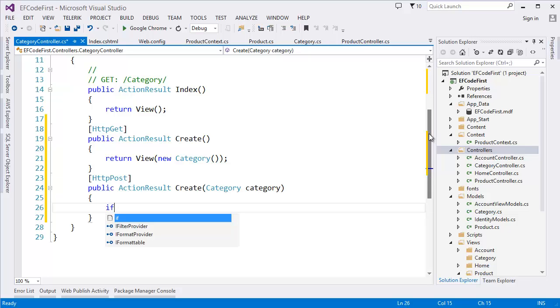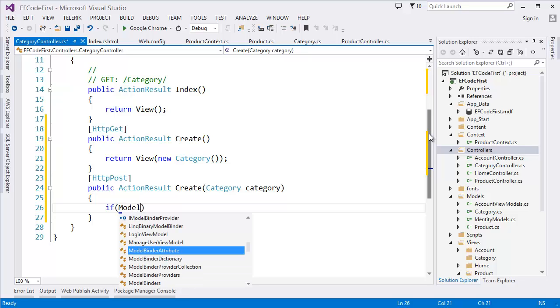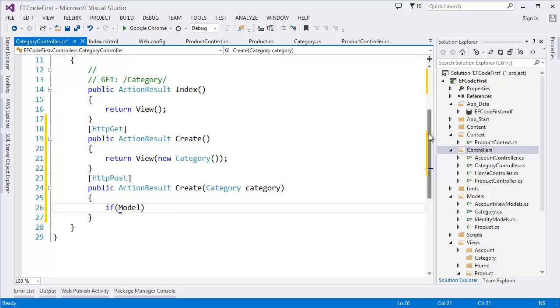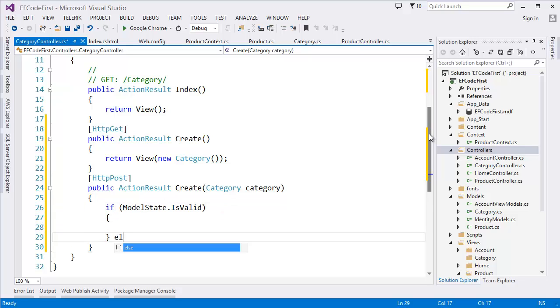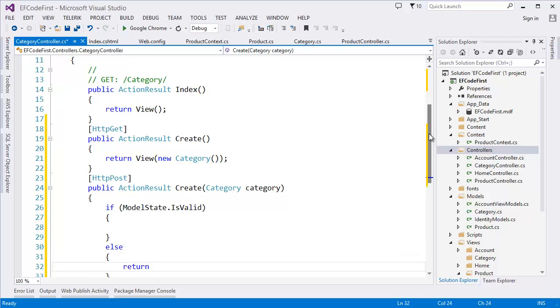Alright, so first of all we have to check whether the model is valid or not. If ModelState is valid, then we will be here. Otherwise, we have to return to the view with that category. So if ModelState is valid, that means your model is correct, then what we have to do is,